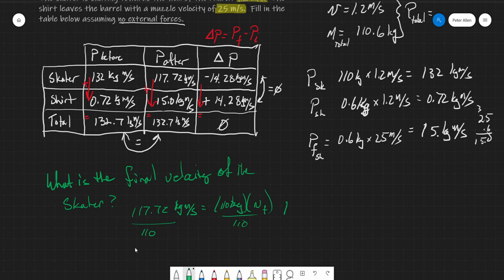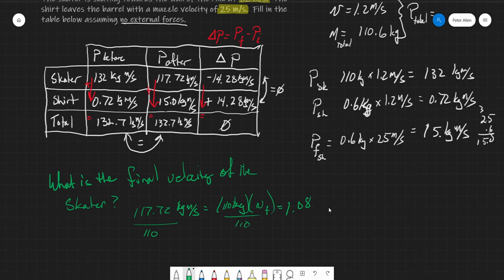Oh yeah, 1.08, right? No, 1.07. That winds up being 1.07